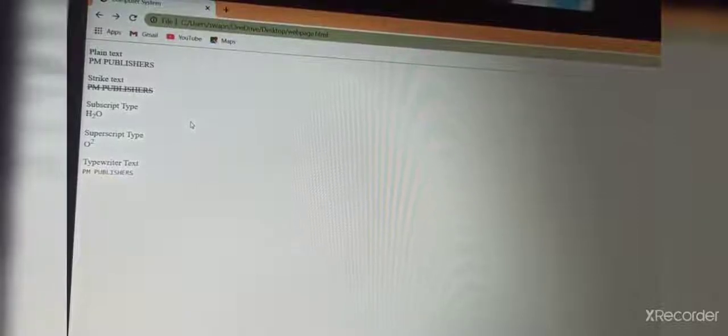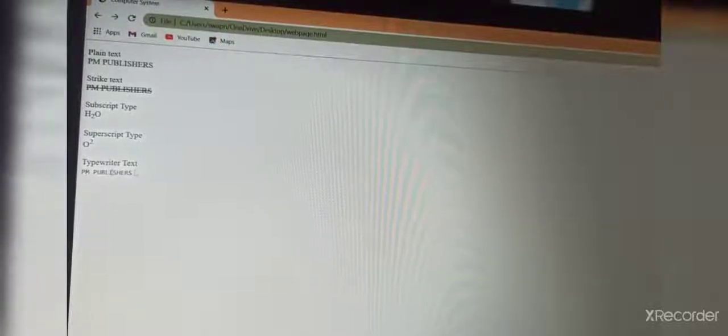After H we have written a sub tag, and after 2 we have closed that sub tag. Then superscript displays using a smaller font compared to the rest. Here you can see we have given a superscript, like we write in maths.